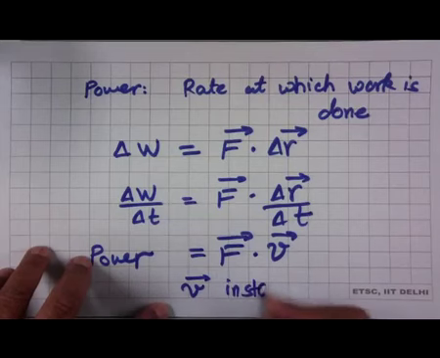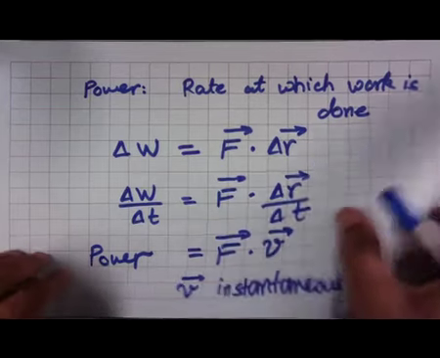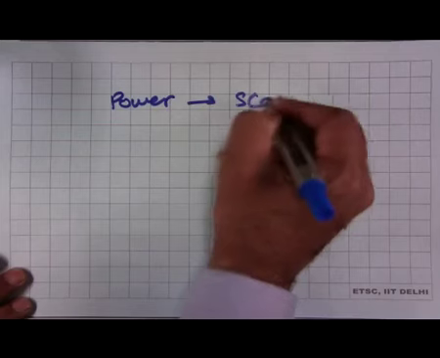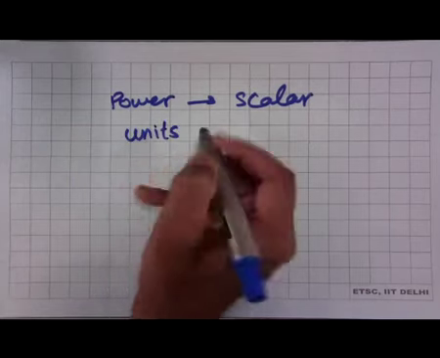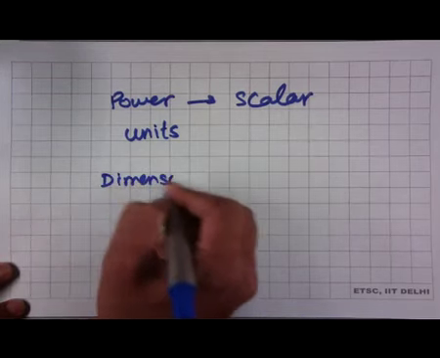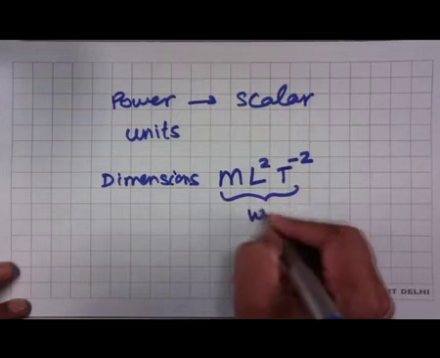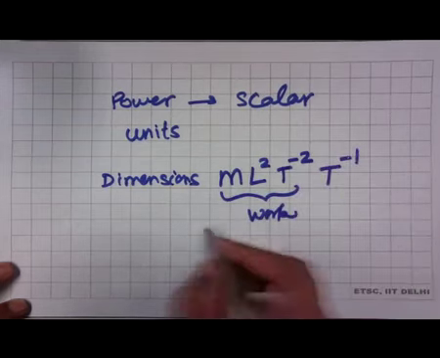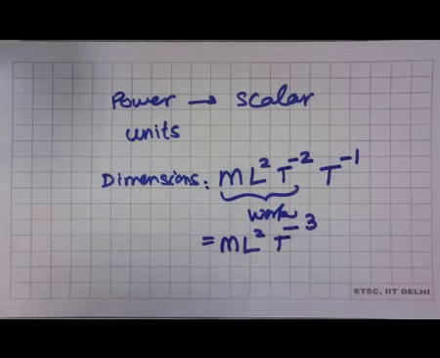Now, here V is the instantaneous velocity of the particle. If we look at the units of power, well, first we realize that like work done, power is also a scalar quantity. To get the units of power, we first look at the dimensions of power, and the dimensions of power will be m times L squared t to the power of minus 2. These were the dimensions of work done, and then for power we have to divide it by one more t. So, this becomes equal to m times L to the power of 2 t to the power of minus 3,